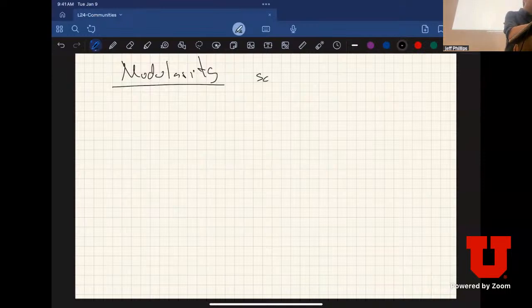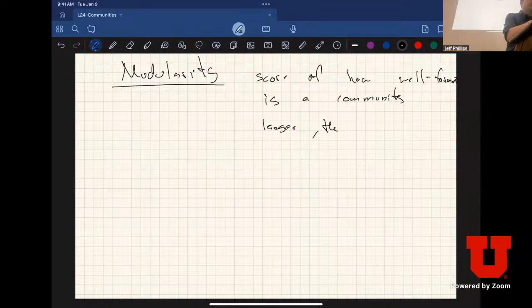So this is going to be a score of how well formed a community is. The larger the better. Okay, and so you will typically give this, the modularity will be a score,